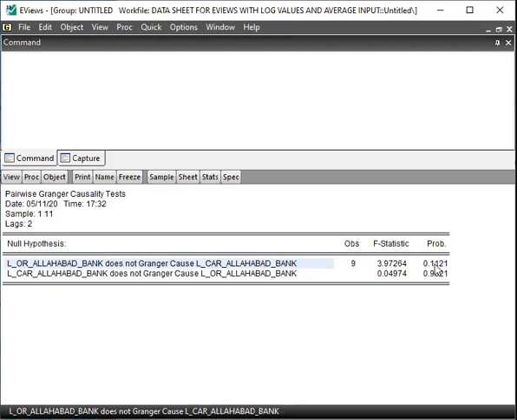Here we see that the probability value is 0.1121 or 11.2%. That means we fail to reject the null hypothesis.